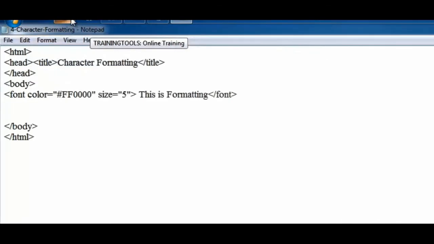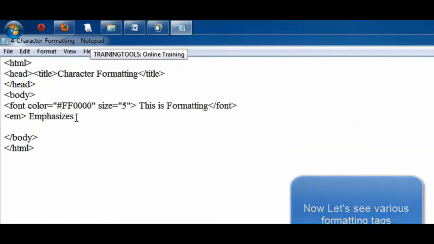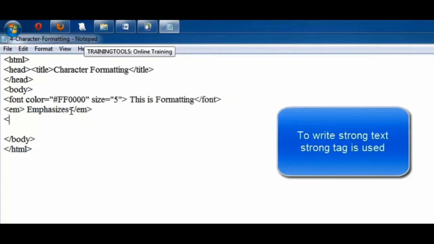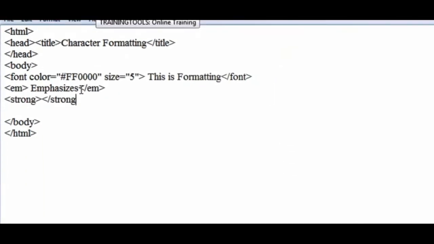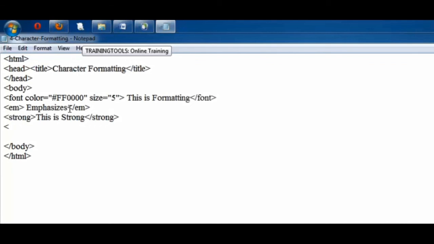And let's move to the notepad, open other formatting tags. So here, children, see size is 5, you can always change it. This is what I was telling you. Now if I use emphasize, see, emphasize, bold, italic, underline, strike through. Let me use many. You will see these are all used to put some effect on your characters. Strong is also used. So let me write this is strong. These are all formatting tags.